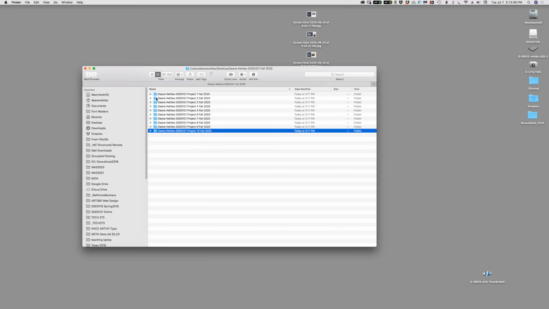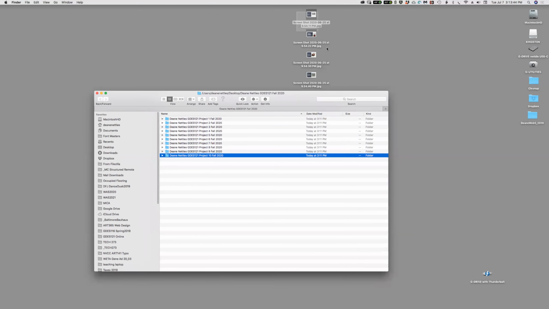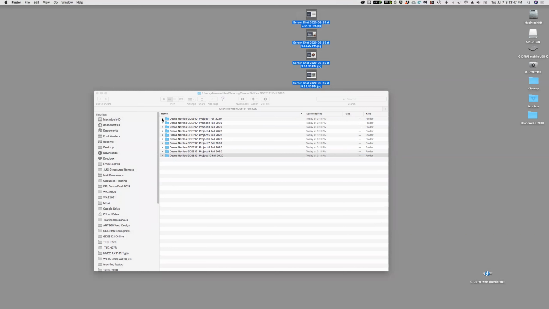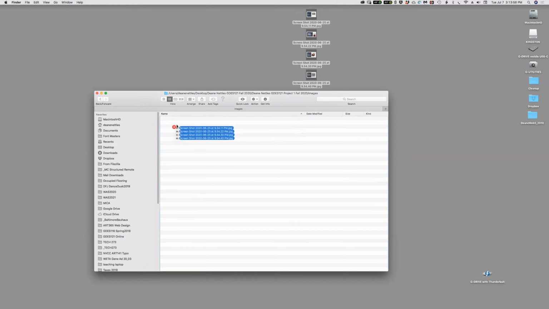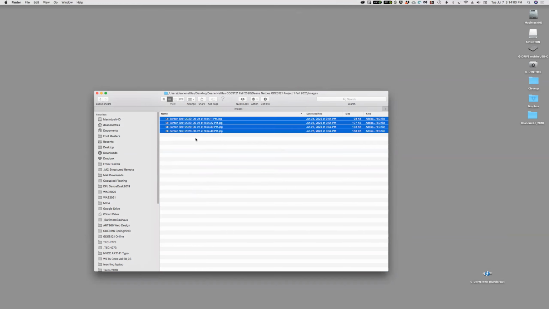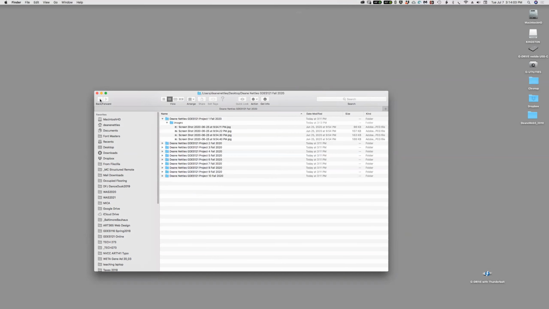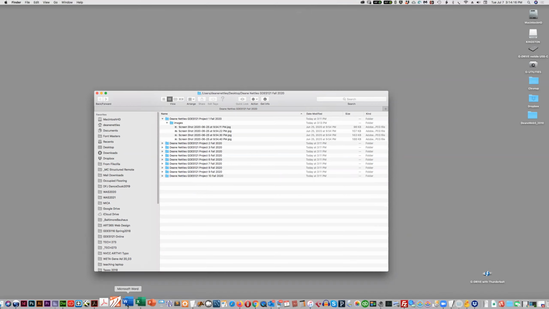And then if you're working on a project, okay, so say these are the images for my project 1, where you're going to do a PowerPoint. I'm going to just take and drag those into the images folder. Okay. So now I know when I'm looking for my project 1 information, my project 1 images, they're in the images folder. If I go to PowerPoint,